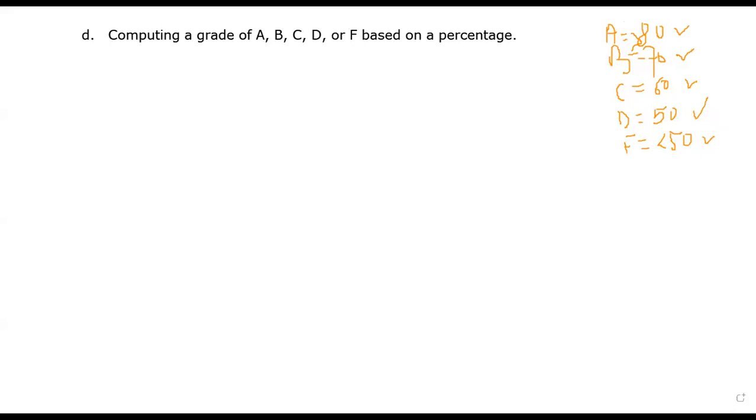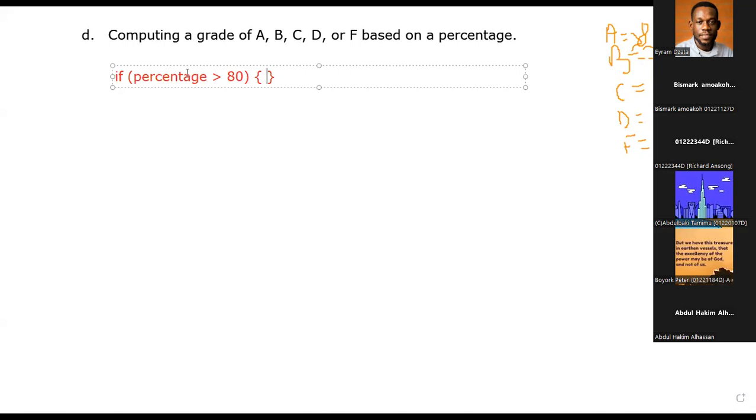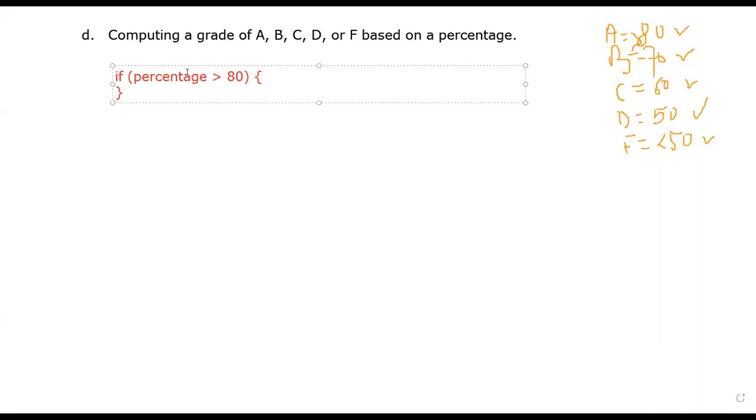Okay. So to use the nested loop to accomplish this, we say that for the first scenario, if A, or let's say if the percentage is greater than 80, right? Are we all with me? Yes, sir. If percentage is greater than 80,